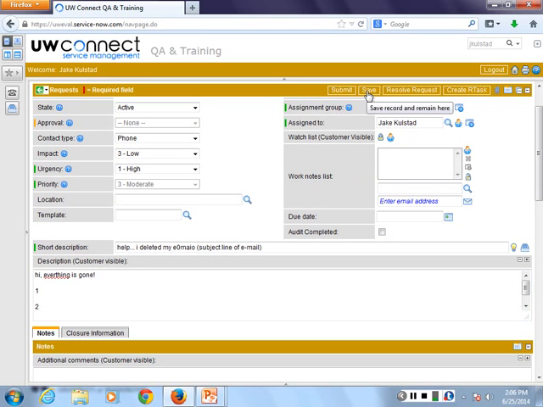I'm just going to pause and mention that if a customer were to email us at help at you, they would automatically get a ping back saying your request has been received, and all that. So that's automatic whenever a request is generated. When we click Save here, this is going to insert a record into our database, and the customer is going to be notified. They will be given a copy of the description that we entered. So even if you don't ever create new requests, it doesn't matter, but while you're practicing, keep that in mind. The caller is going to get this email when we first insert the record into the database. So let's all click on Save and stay here.